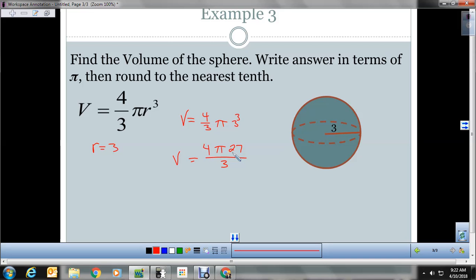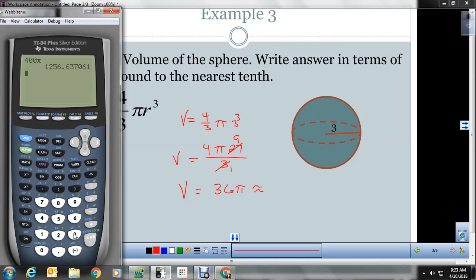Now, you can do this a couple different ways. You can plug this in your calculator and then divide it by 3, or you can simplify. And I choose to simplify here, so 3 goes into 27 9 times, and that leaves us with 9 times 4. So 9 times 4 is 36 pi. So the volume of this is going to be 36 pi, and the decimal equivalent will be